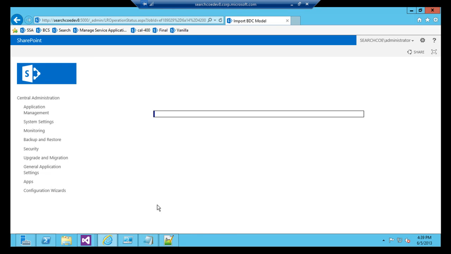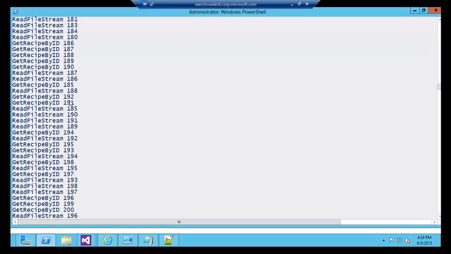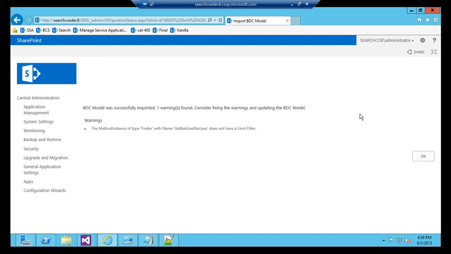I've actually started the service up already. You can see that I ran through it a couple times. I wrote this service as a console host just so I can get some output of what's going on. It's important that the service was running because when I import here, it's actually going to go out and ping the service and pull down the WSDL and make sure all of the